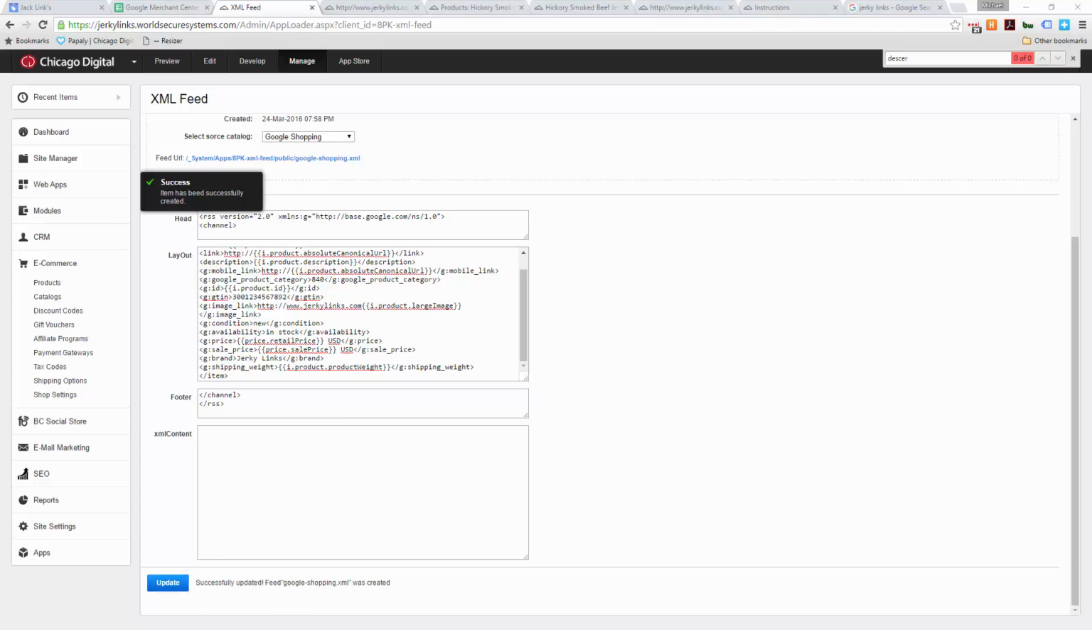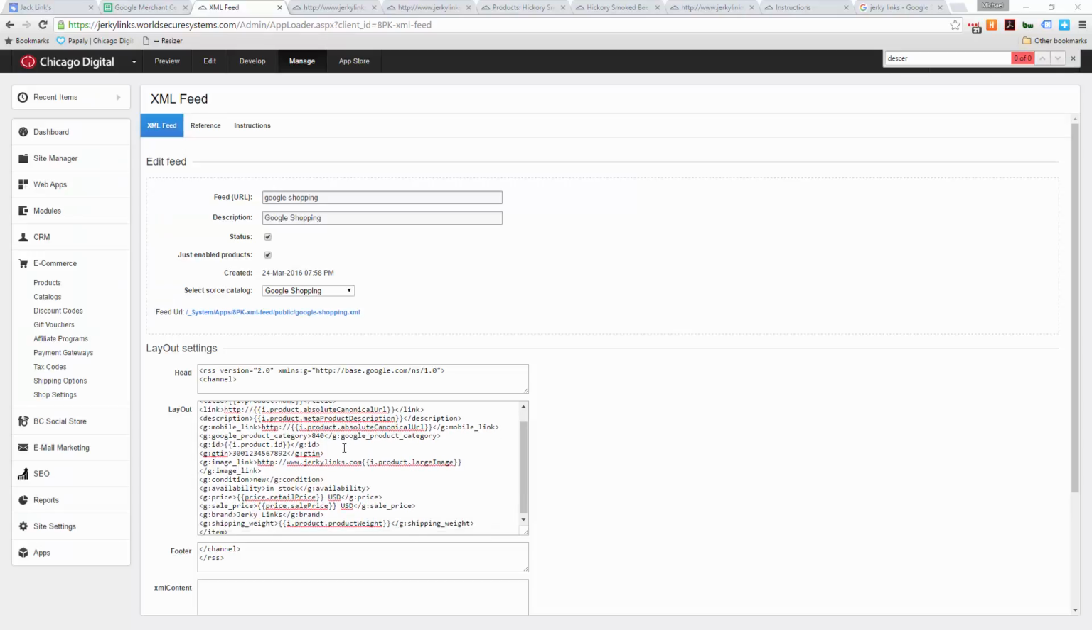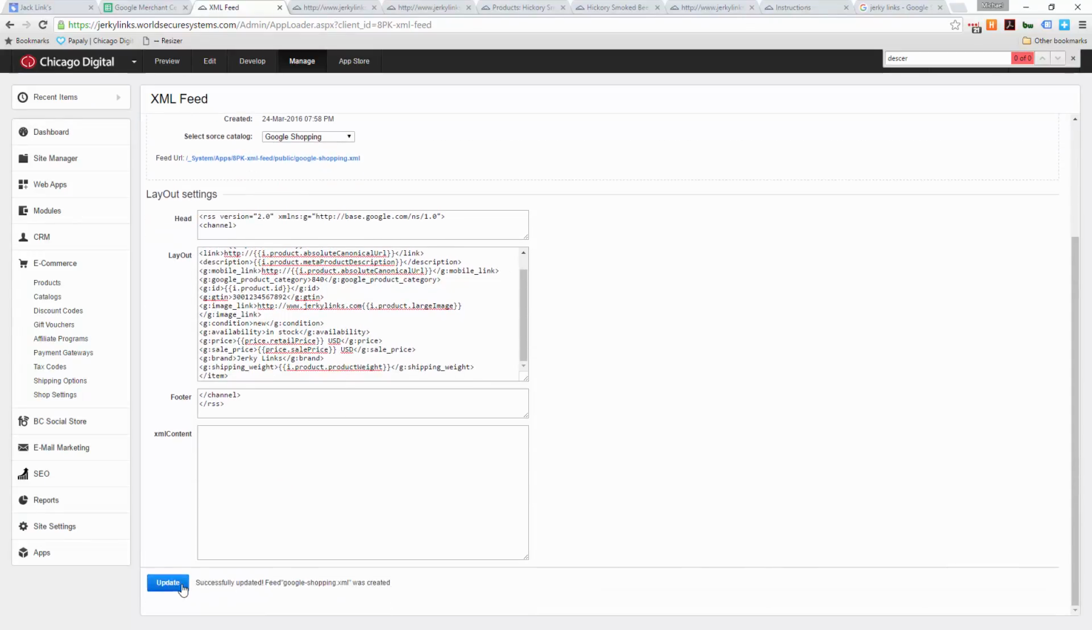All right, now looking at the new feed, you'll notice my description's in here, but kind of the downside of using the actual description is that it's going to have this HTML inside of it, which is not great. I'd really like to get the raw just text to send over. So in this case, I'm going to put my product meta description back here, update, and then I'd like to